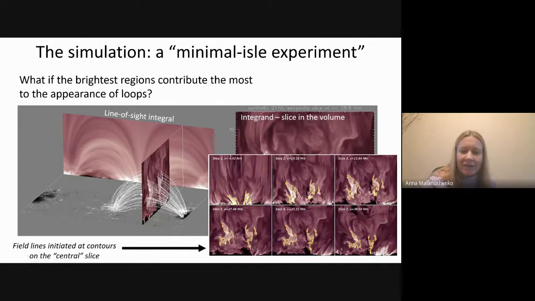Well, how about I zero out everything else, everything outside of these contours, everything outside of this flux tube, and render the image and see what happens. And how about I change the value of the contour so that only the brightest features remain, and see what kind of line of sight integrated image I will end up with.